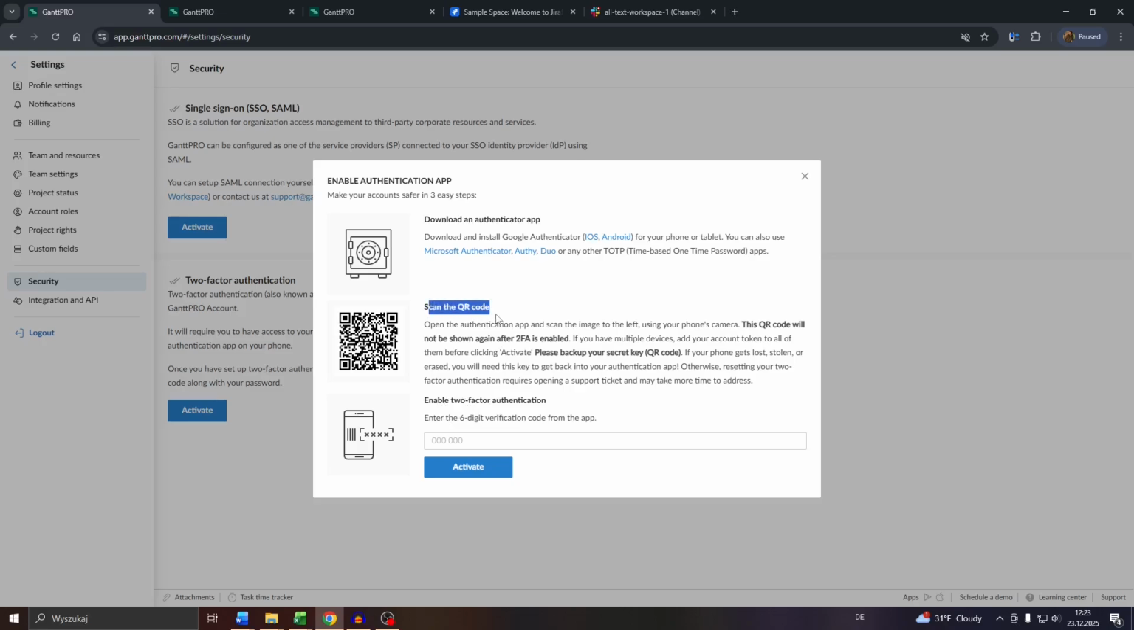So you can do this either through the QR code or through the 6-digit code you will receive through the app, and after that enter it here. Now for privacy reasons I'm not going to enter that code here, but don't forget to click on activate at the bottom, and that's